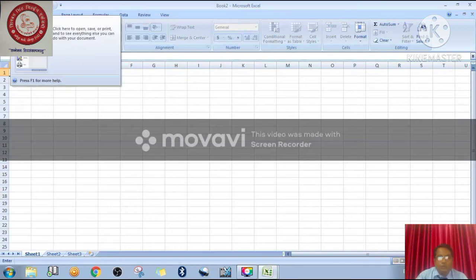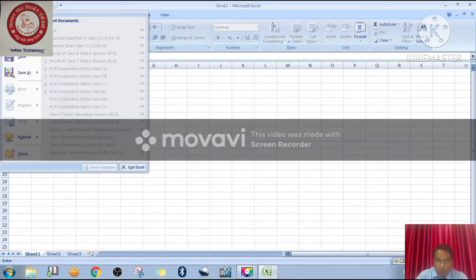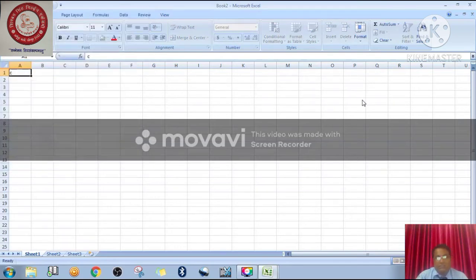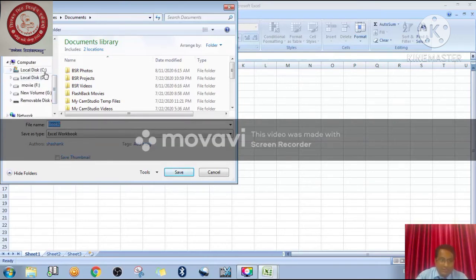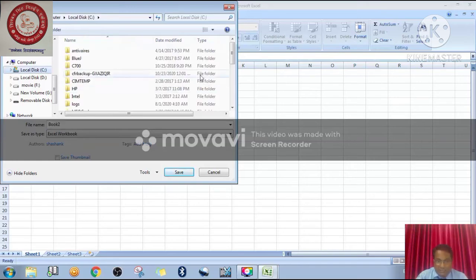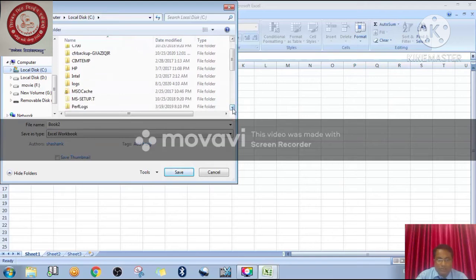If I want to save this file, click on the office button, then click on the save button. Now after a few seconds you will get the save as dialog box, right? On the left hand side some folders are there. You have to navigate to where you want to save it. I want to save this file on the desktop, so click on local disk C, then go to users.